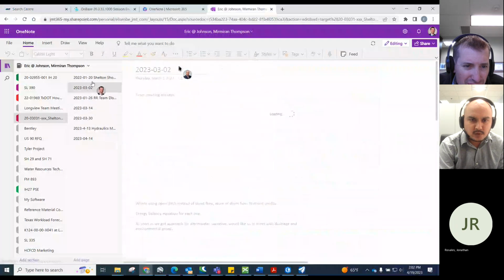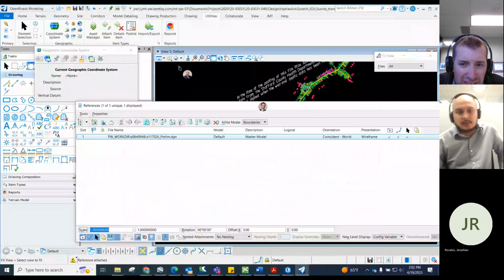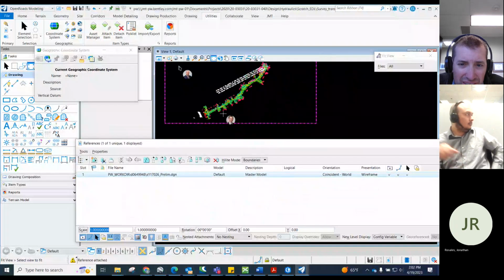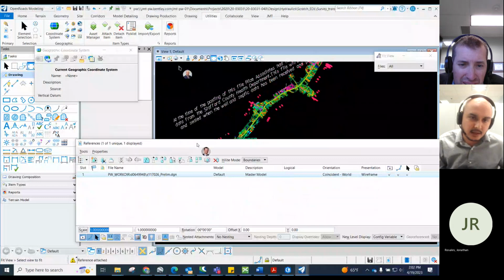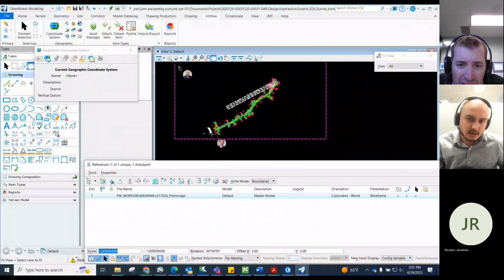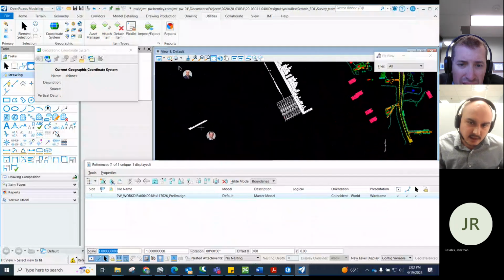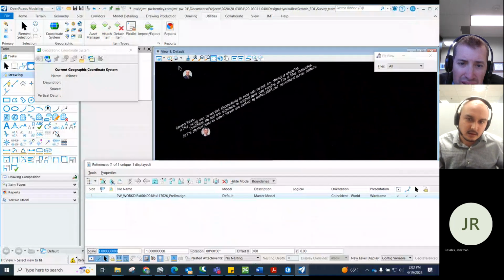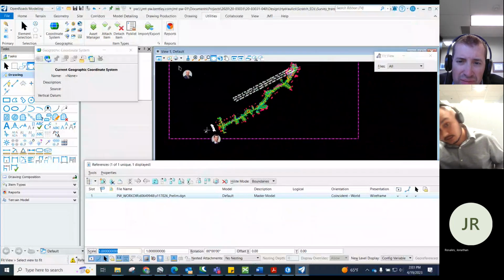I was pretty sure I screenshotted it, but did not. Yeah, you can also reference that file. Go to the reference and maybe reference that file to see. Let's attach another file to see what the scale factor is.